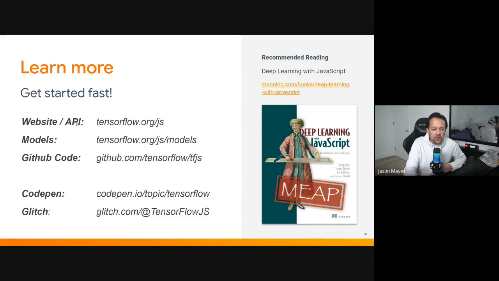We've also got a couple of books coming out. This one's been around for a while, Deep Learning with JavaScript. That was written by folk on my team and people in the TensorFlow team here at Google. It's aimed to be a good introduction. However, at times it can get a little technical, but it's still a good book overall, highly recommended. However, there's also another book coming out very shortly from O'Reilly, from one of our Google developer experts, Gant Laborde. And I've been technically reviewing that book for him, and it's really, really good. If you're a beginner to machine learning and JavaScript, or just new to this area, then that's a really good book for people who might be newer to this stuff. So do check out those 2 books as well.